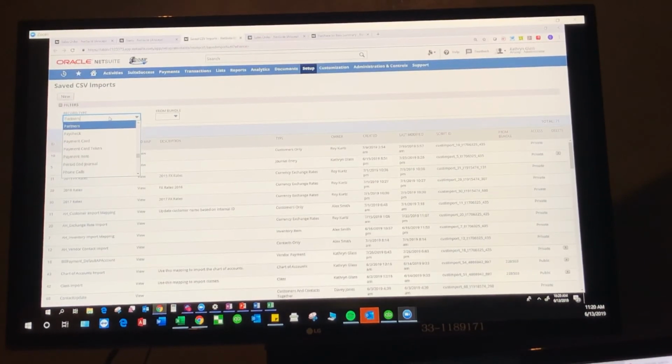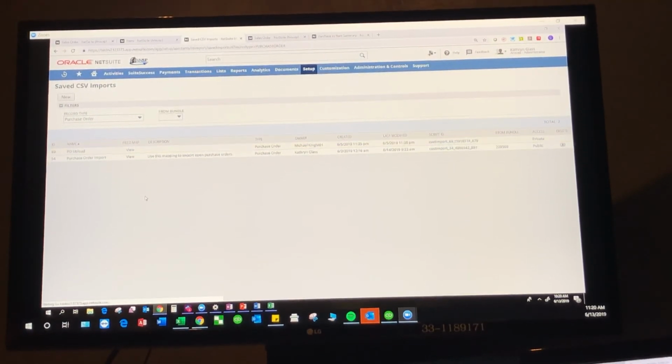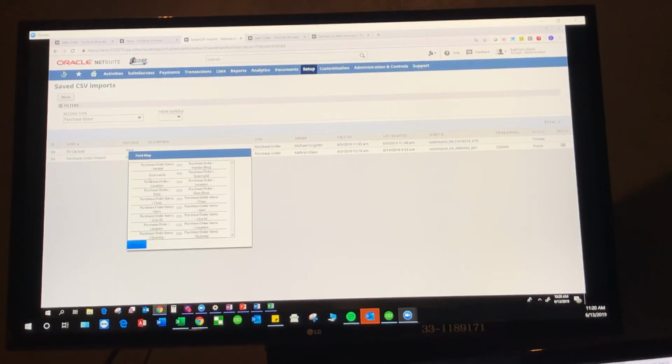All right, I'm trying to think if I have any examples in here. I don't know if I do. Oh, here we go. Yeah, a PO upload. So here's a good example. If you wanted to import POs, it's really going to be that exact same thing. See? So here's the